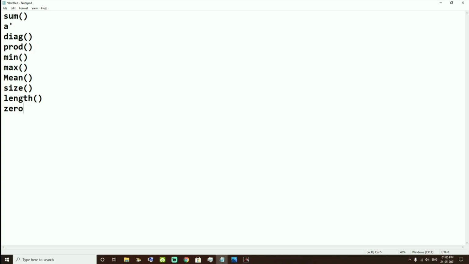Also zeros of 3 by 3, 2 by 2 matrix, any matrix, 4 by 2, 2 by 4. Okay, ones for the unit matrix, the ones matrix, and I is for the identity matrix, and it generates the random matrix using the rand command. Okay,